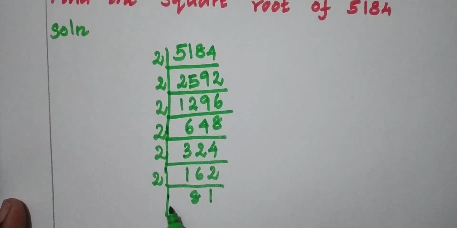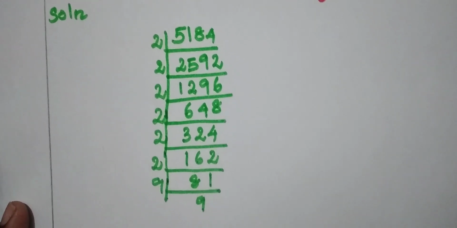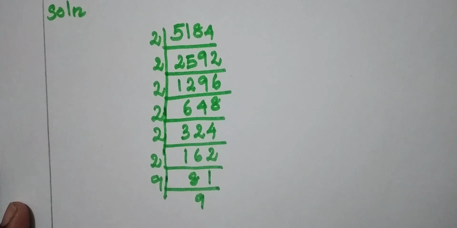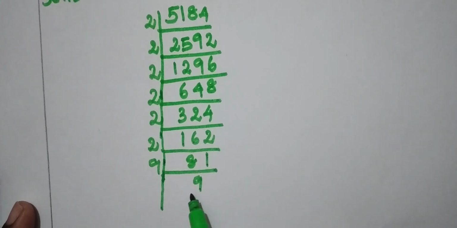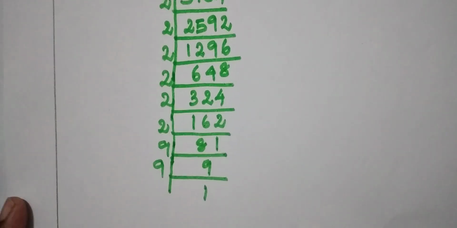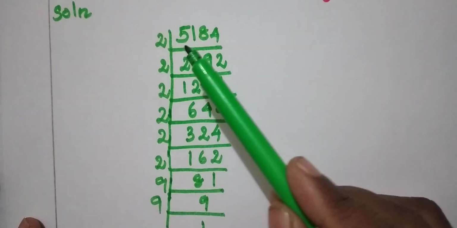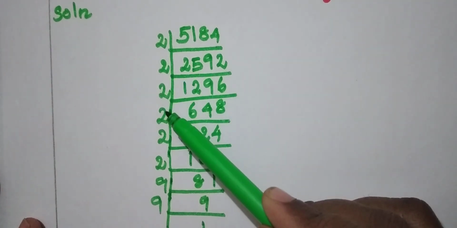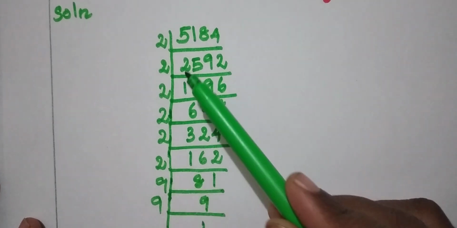We know very well 81 is 9 9s are 81. So you can start this one here itself, or again you can simplify this one with the 9 table and you will reach 1. 1 9 is 9. So how many 2s are there? 1, 2, 3, 4, 5, 6. And 2 times of 9. 6 times of 2 and 2 times of 9.